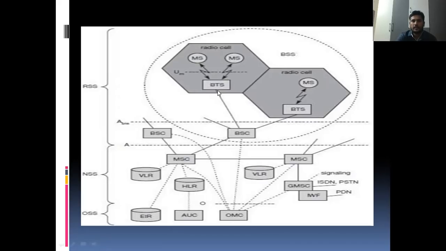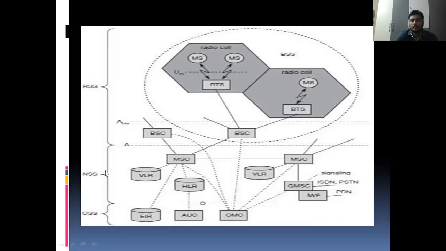Every mobile device connects to a BTS. These BTSs connect to the local tower called the BSC. All these local towers connect to one main tower called the MSC. That is what we discussed in the past class. So this is the RSS, radio subsystem.